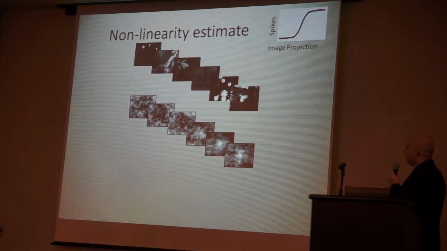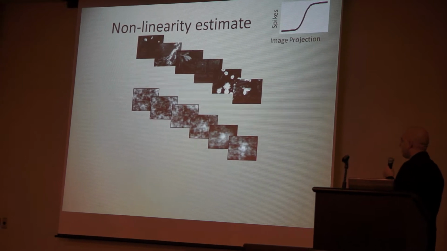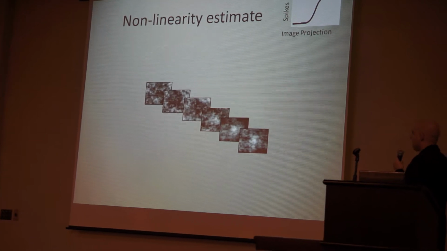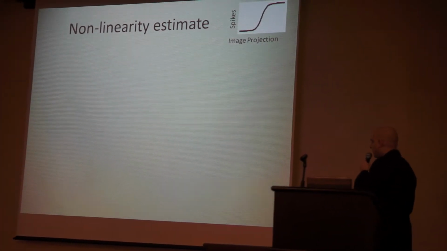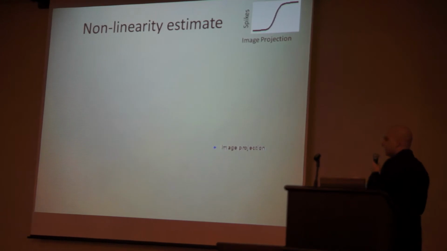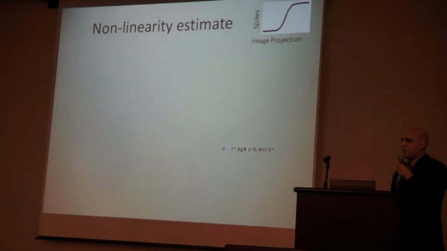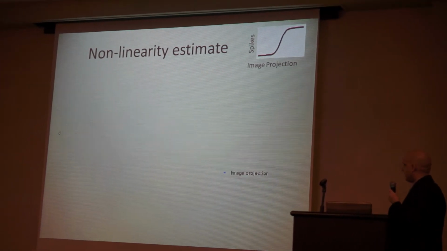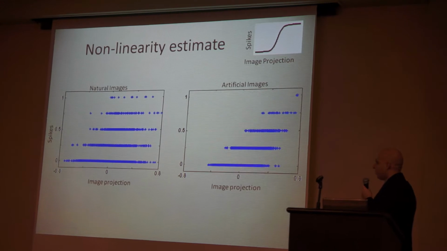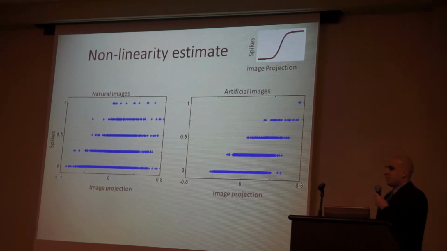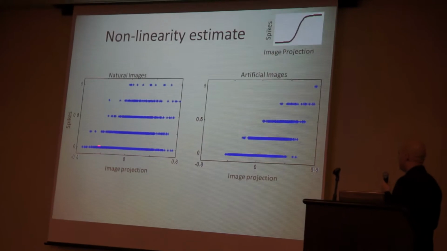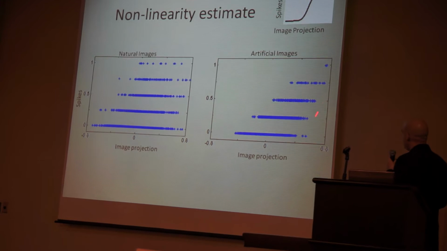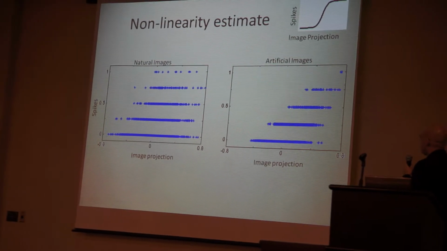However, looking at the nonlinearity, by taking a sequence of images and dot producting them with the filter, I can get a single value, which I call the image projection, that gives me an estimate of how good this image is in eliciting a spiking response. And if I do it for all the images presented to the RGC, I get a cloud of points that, as you can see, for increased image projection value, the likelihood of the response increases.